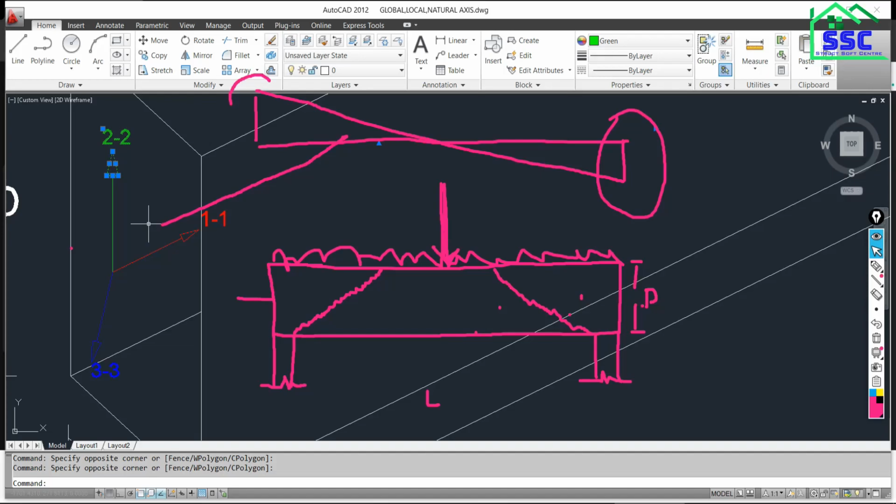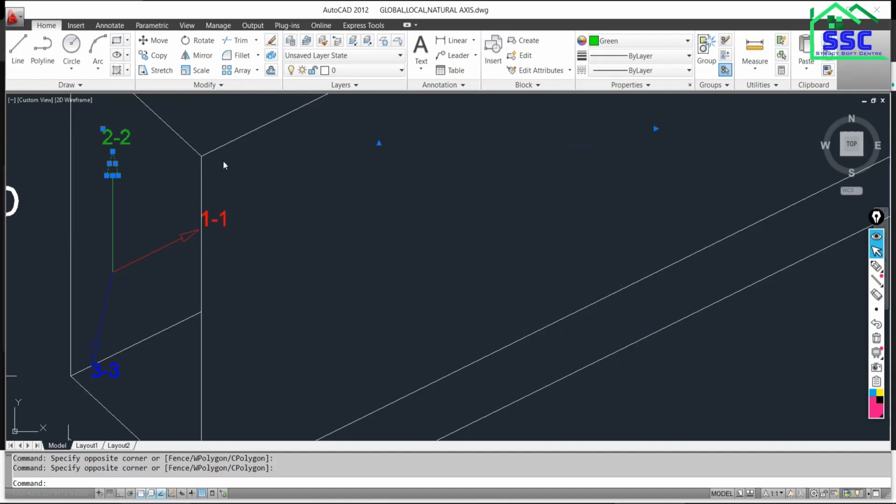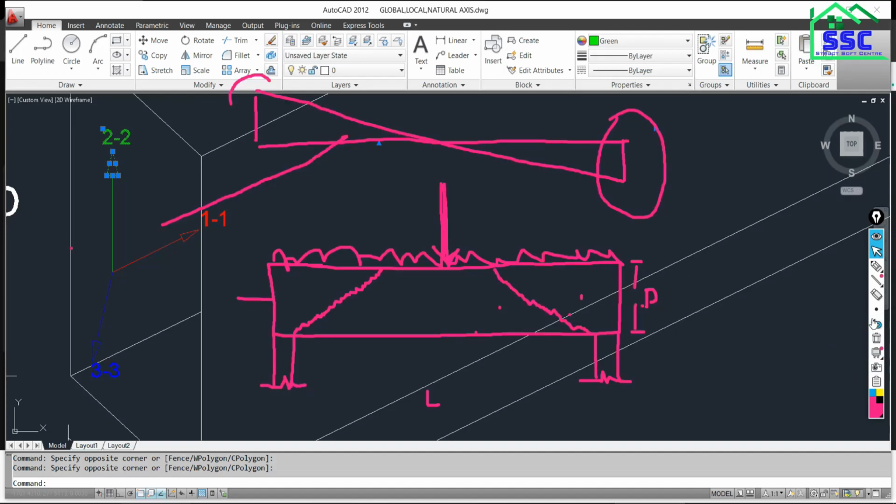Have you got the concept? Okay, so whenever you want to see the shear force, you need to look at axis 2 2. So one conclusion is: the major axis for shear is 2 2.